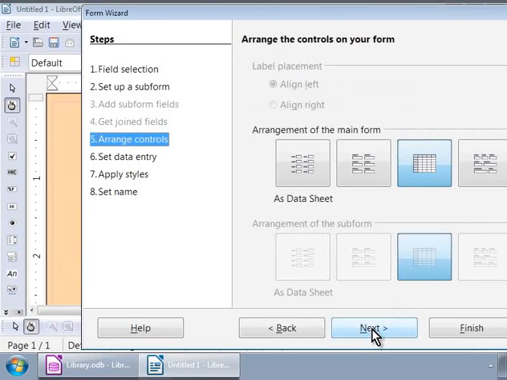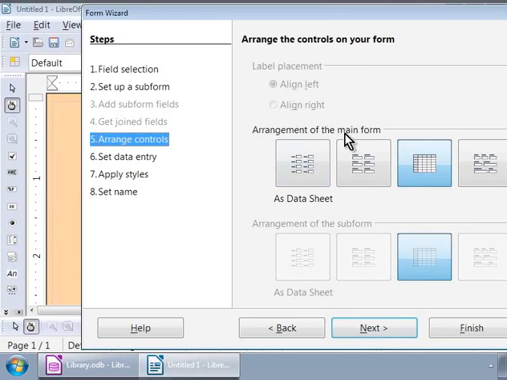We are in step 5. Arrange controls. Also notice that in the background window, we see the books table in an orange background. Let us click on the 4 icons below the label that says Arrangement of the main form.